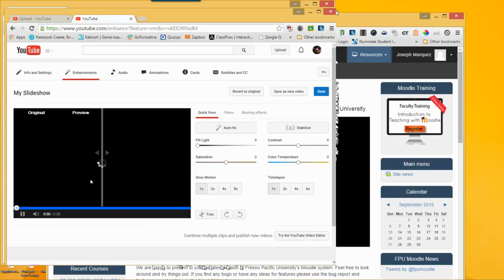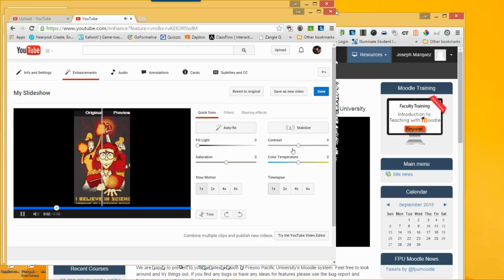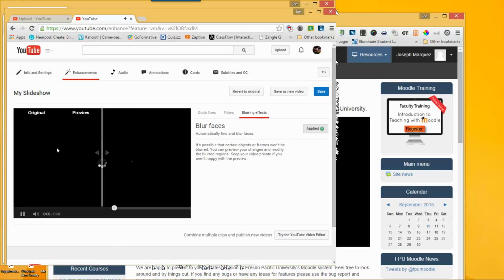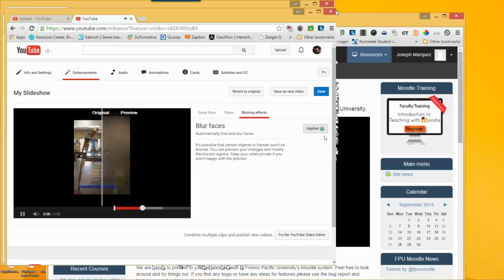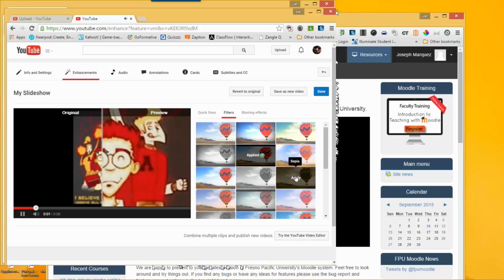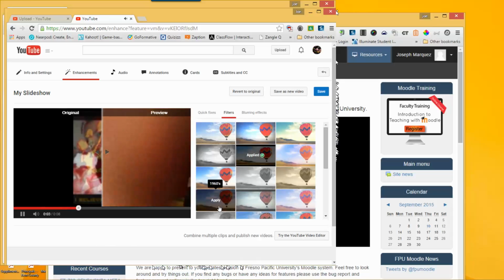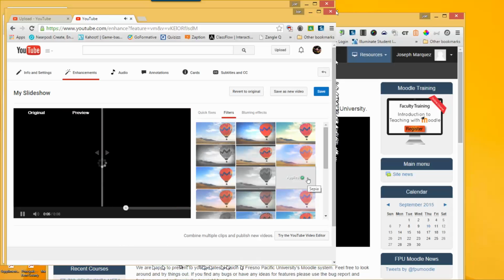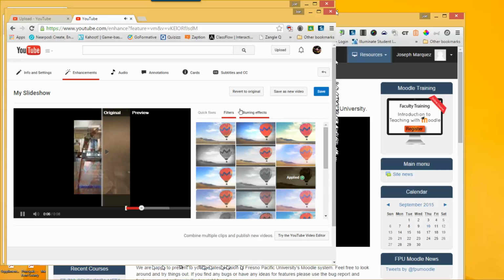If it looked a little bit buggy, do some blurring effects, and it shows you the before and after. So if you don't like it, you can always change it up. Filters. These are some of the effects you can add after that.